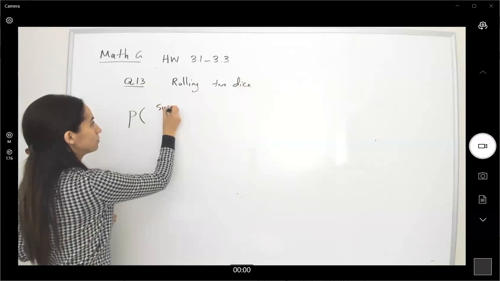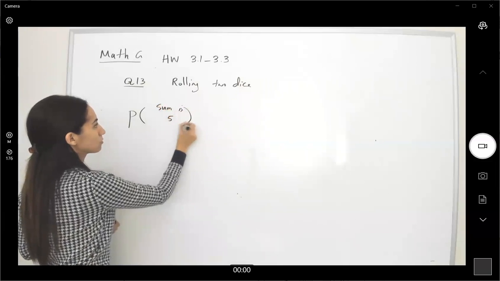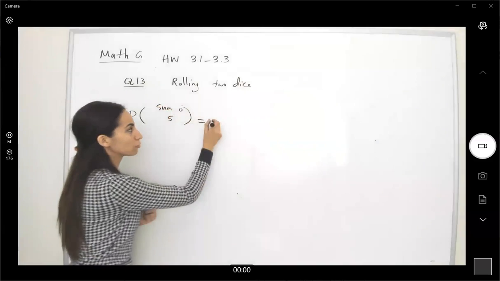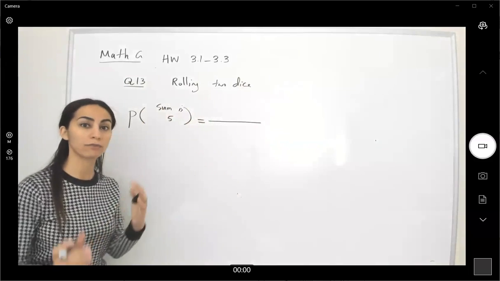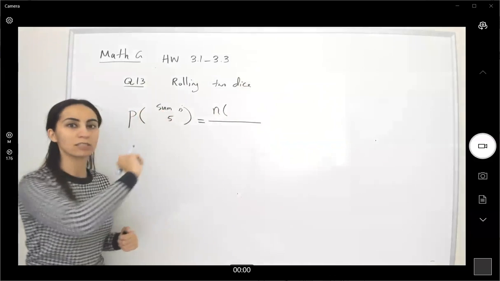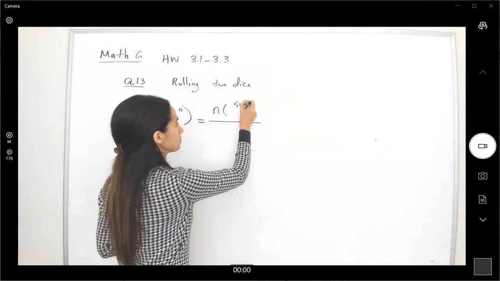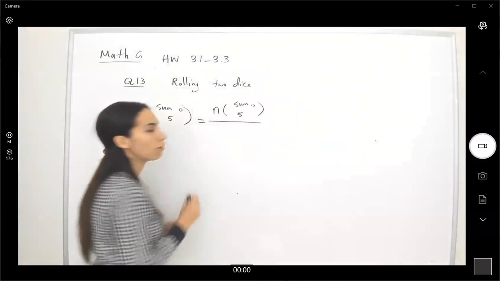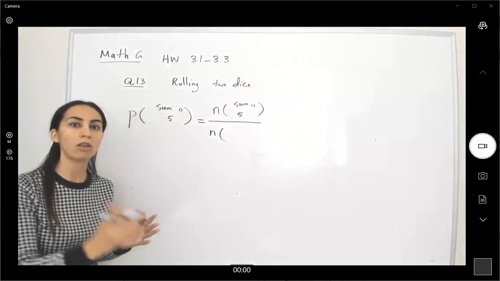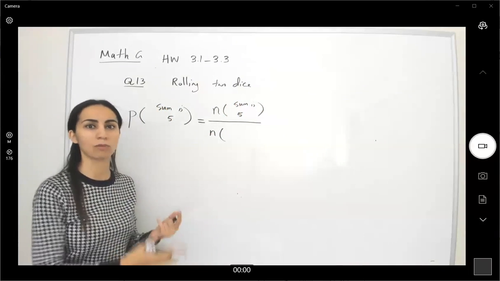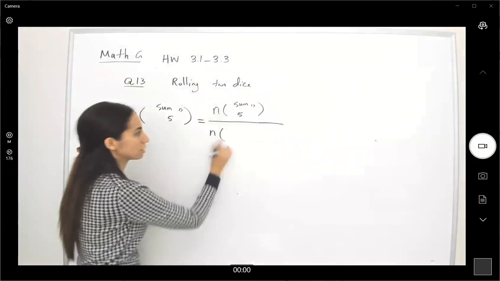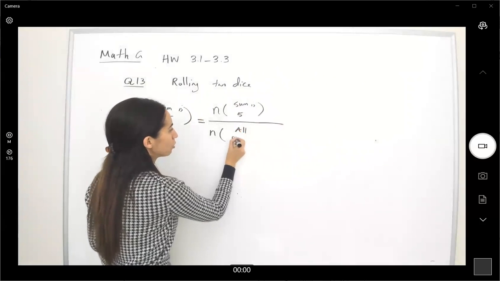So sum is 5. Remember that when we have the probability of an event, you have to form a fraction. On the numerator, you have the cardinality of your event, the cardinality of having sum equals to 5, divided by the cardinality of your sample space. It means that you have to count all of the possibilities, all of the outcomes, all of the results, list them one by one. So the cardinality of all possible